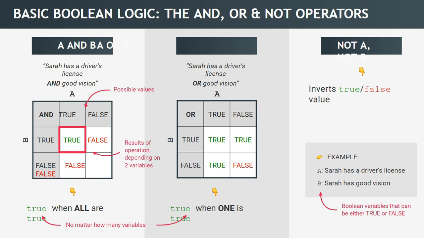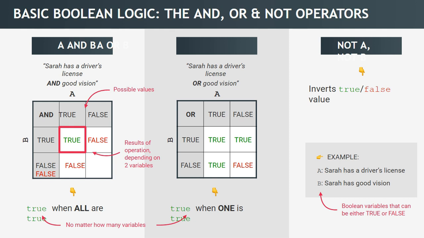Now, when you look at these two conditions, look at the A. In this A, we have true, we have false. In this B, we have true, we have false. And we have false, we have false. Now, the first thing here is that